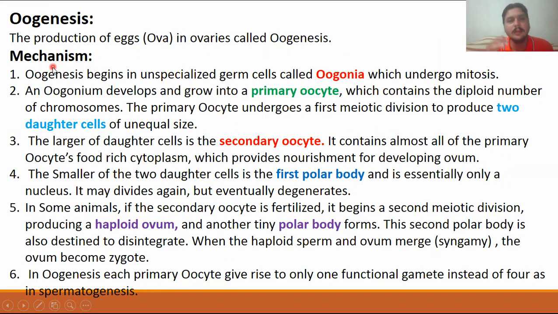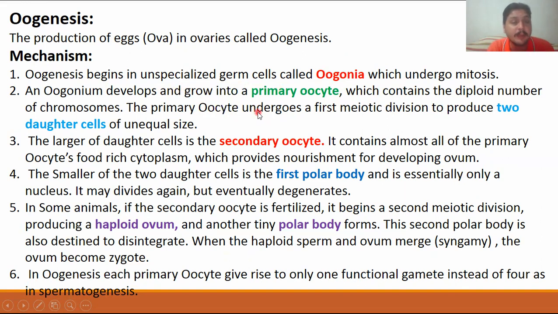Spermatogenesis and oogenesis have many similarities and some dissimilarities. For example, the first one is the germ cells that are present inside the ovaries that form the oogonia. Oogonia undergo mitosis and develop into the primary oocyte. This primary oocyte, because it consists of a diploid number of chromosomes, undergoes meiosis,